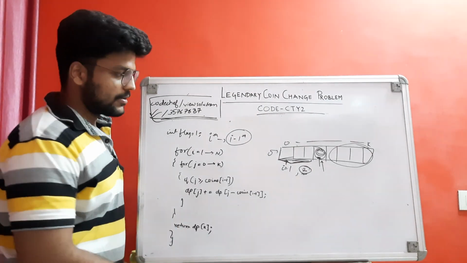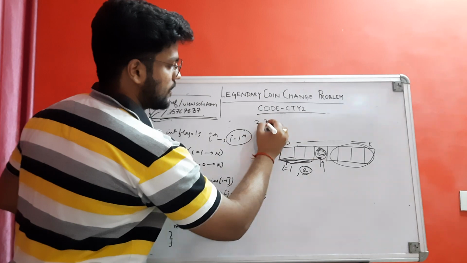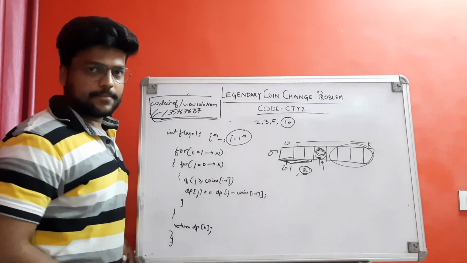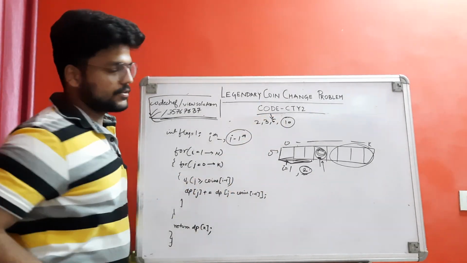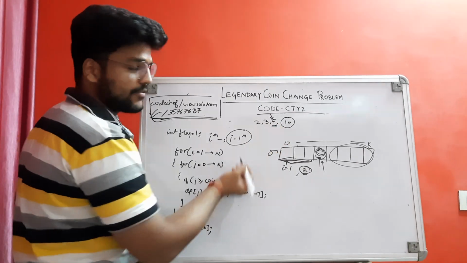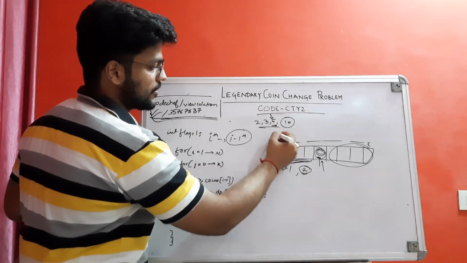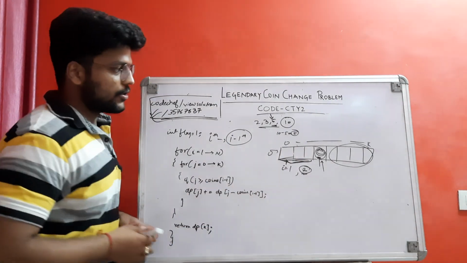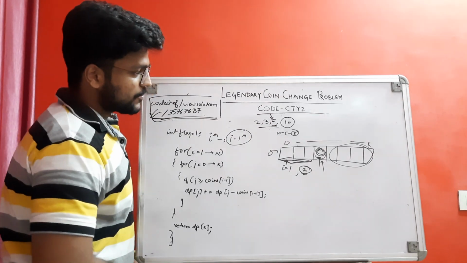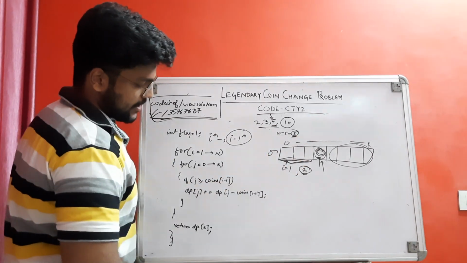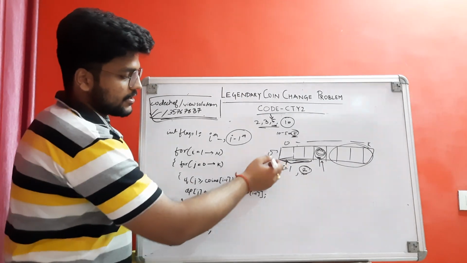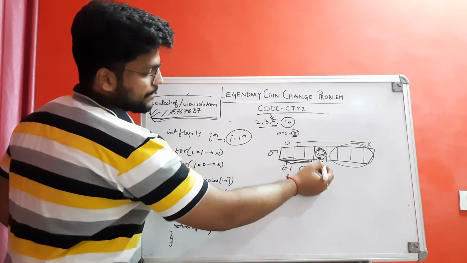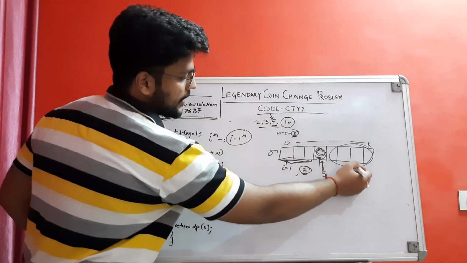You are decreasing the sum, like just say you have to make the sum 10 and start pointer is on 5. So what you will do, you said I will take the 5, so by decreasing the 5 you will get 10 minus 5 equals to 5. Okay, so now what you will do, you will see if it is possible to make the sum 5 by using the previous array. Using the previous array, that value is to be filled where? Here, like 5 here and 10 here.